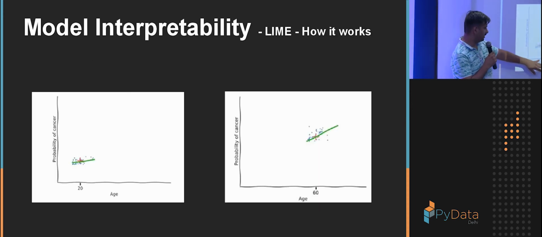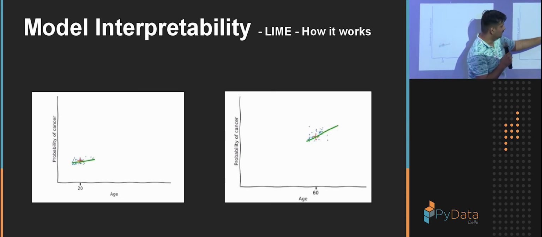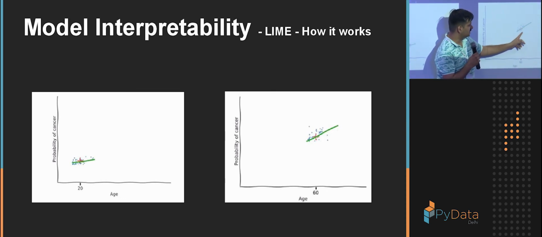Like here, for age of 20, and here the y-axis is the probability. At age 20, the probability of cancer is less. At age 60, the probability of cancer is high. How are you doing it? It's a complex model, but in the linear regression, it is like taking some points close to it, drawing a